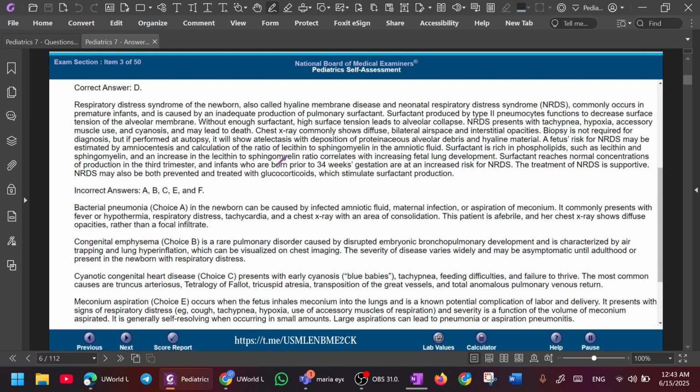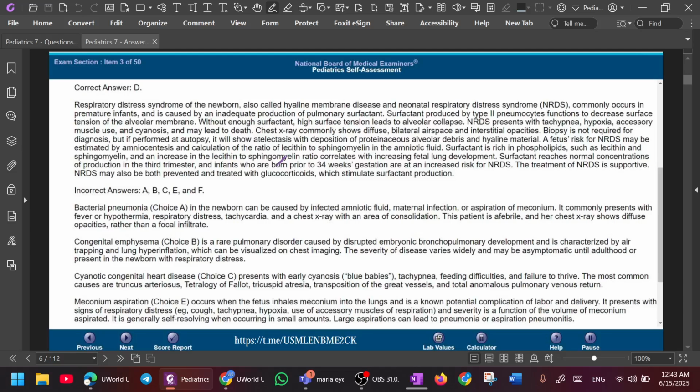Surfactant reaches normal concentration of production in the third trimester, and infants who are born prior to 34 weeks gestation are at increased risk of NRDS. The treatment of NRDS is supportive. NRDS may also be both prevented and treated with steroids, which stimulate surfactant production. It is not